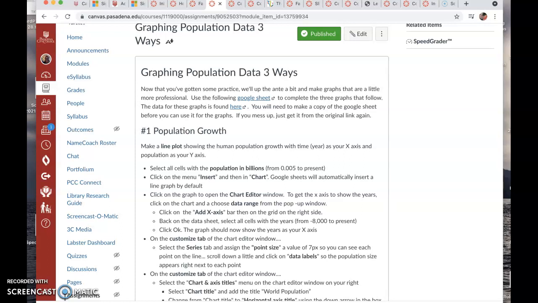3, 2, 1, go! Okay, guys, so I think I have very detailed instructions written here, but for those of